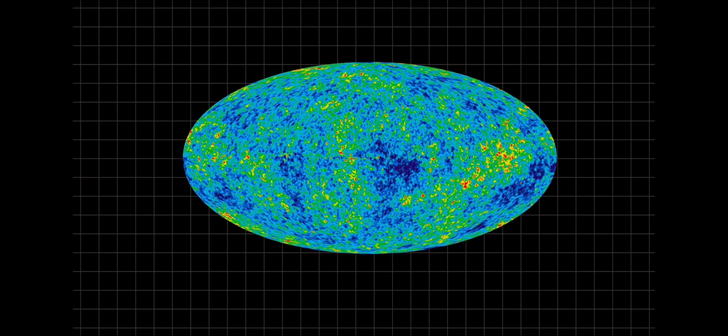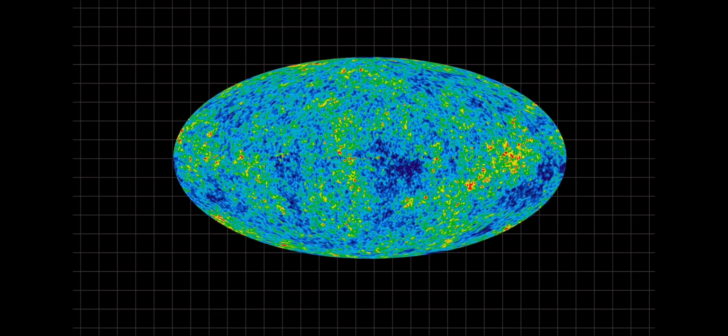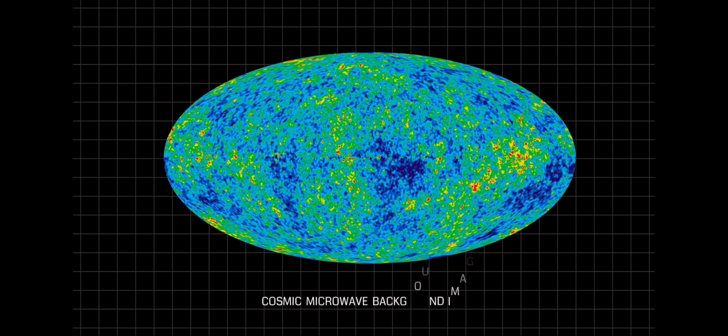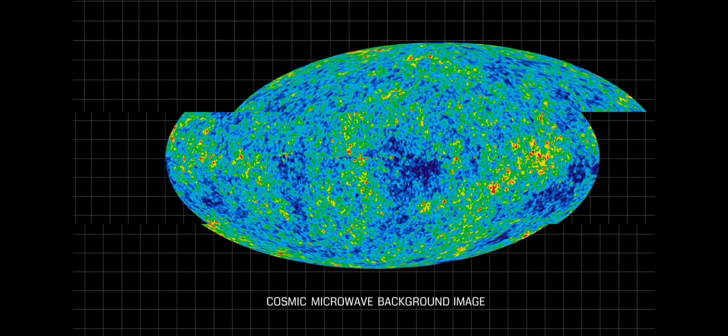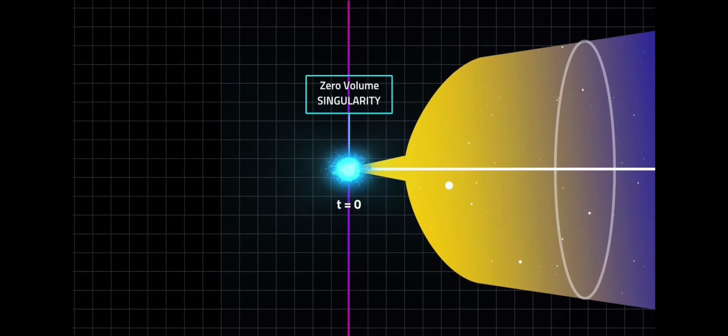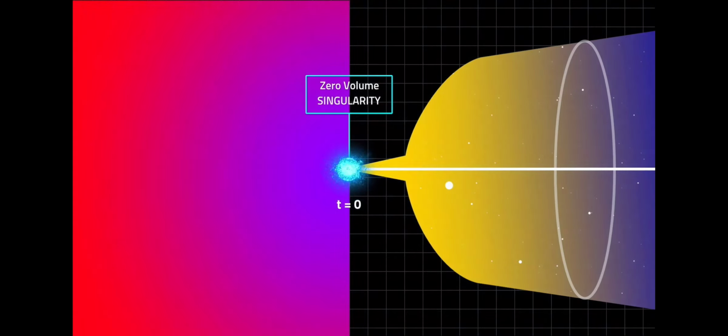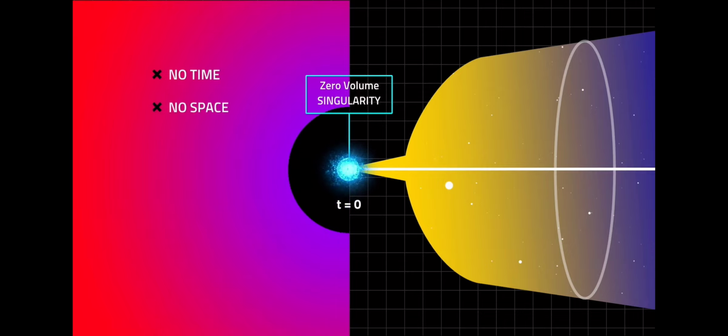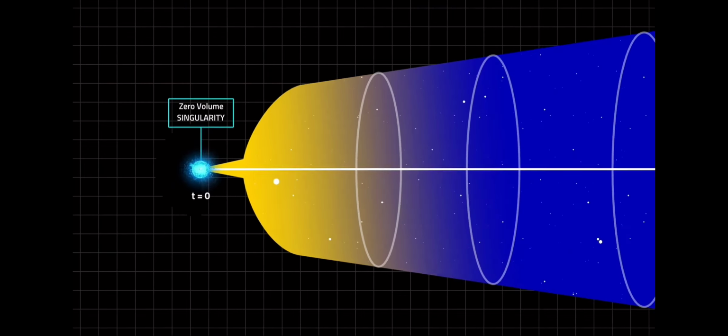In later years, this theory was proven in many ways, such as by the discovery of the cosmic microwave background image. Now let's go to time zero. At this time, the Big Bang had not yet happened. All energies were packed into a zero volume, or singularity point. If we travel back before time zero, we can identify what caused the Big Bang. However, we truly don't know how this tiny point emerged from nothingness. So it's better to skip the event before the Big Bang, otherwise it will take up too much of our